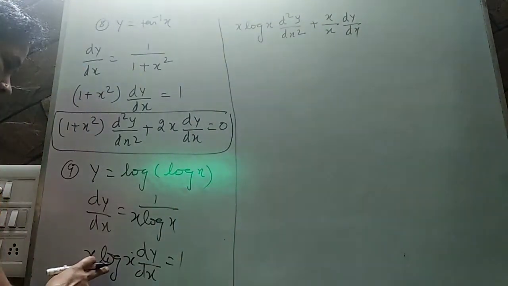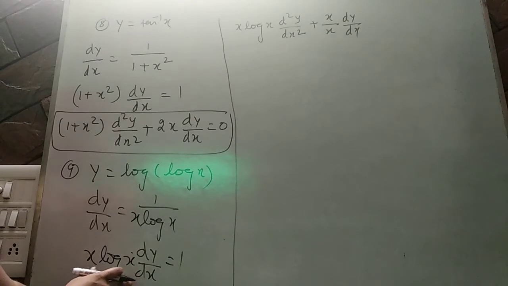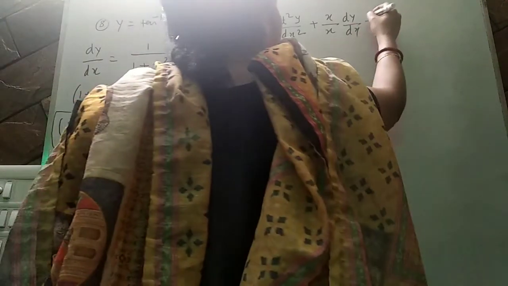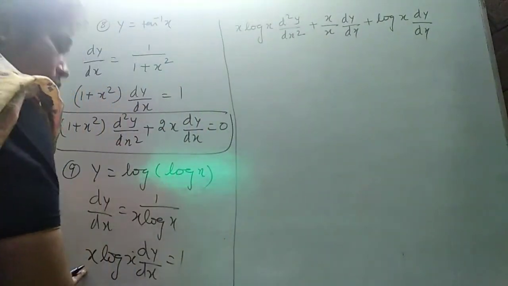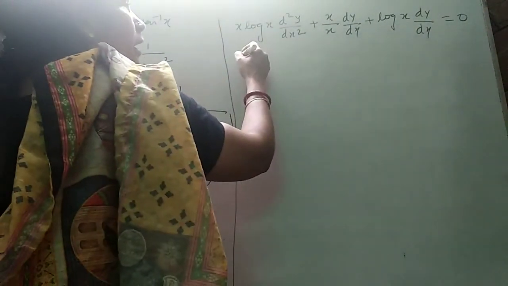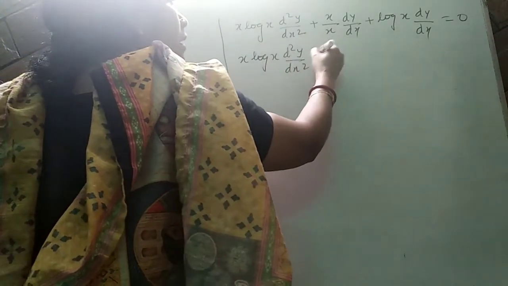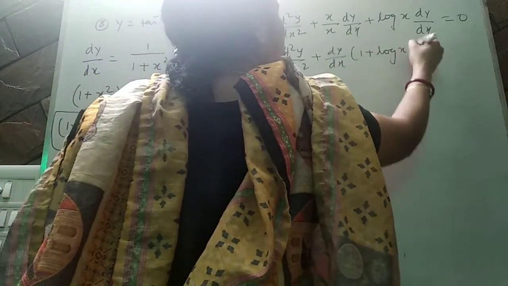And then if I keep log x into dy by dx constant, I differentiate x, and the differentiation of x becomes 1, so that term is 0. First I kept this one constant and differentiated dy by dx, then I differentiated this one. So the final answer is x log x into d square y by dx square plus dy by dx, taking common, 1 plus log x equal to